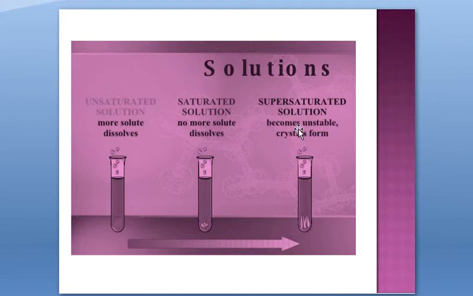The third type is the supersaturated solution. What is supersaturated? Obviously when it reached the saturation point, the solute is not dissolving further in it. Is it possible to dissolve this extra solute? Not under normal conditions. We will have to change the conditions, then only we can do that. For example, increase the temperature. When you increase the temperature of this saturated solution, you increase the capacity of the solvent to dissolve more solute in it temporarily, and you add more solute, that solute gets dissolved, and this solution is called